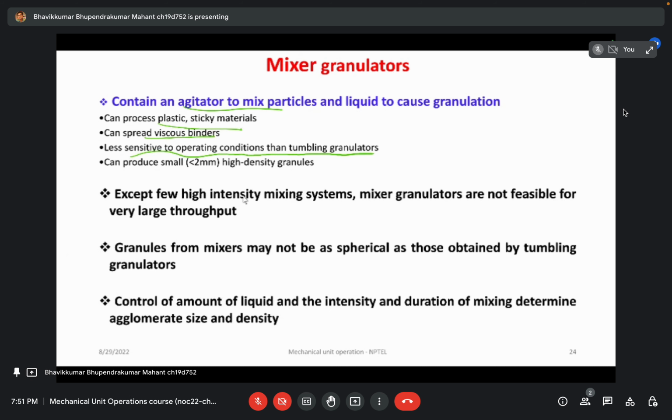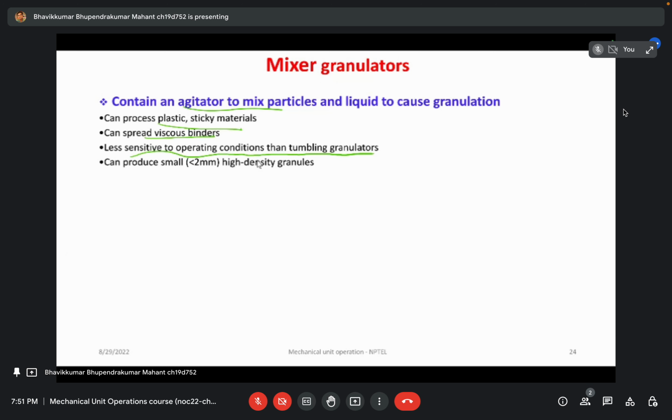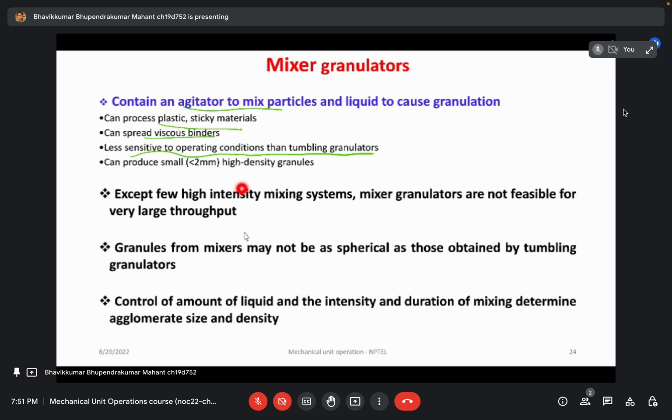Except for a few high intensity mixing systems, mixer granulators are not feasible for very large throughput. So for large processes, we do not generally use a mixer granulator. Granules from a mixer may not be as spherical as those obtained by a tumbling granulator. Obviously, the tumbling granulator is very well known for spherical